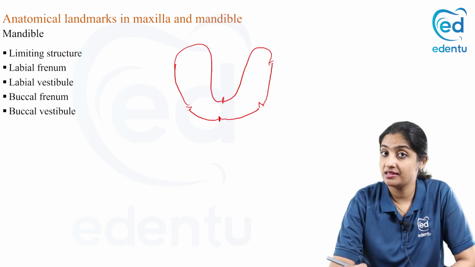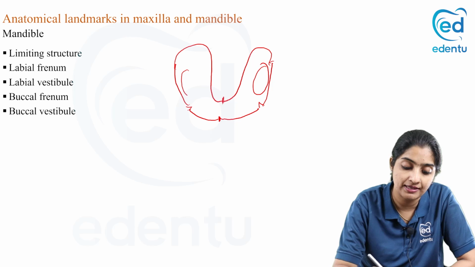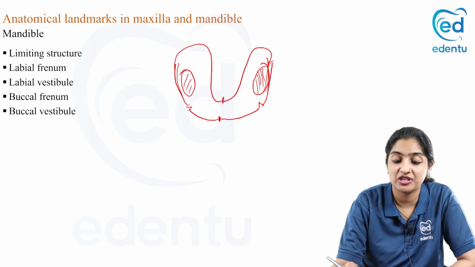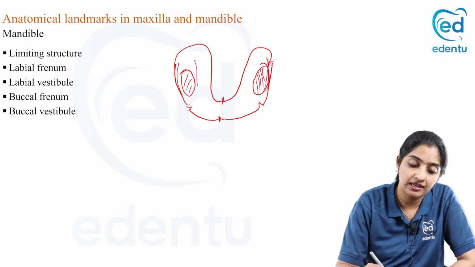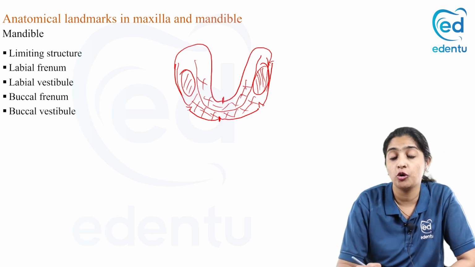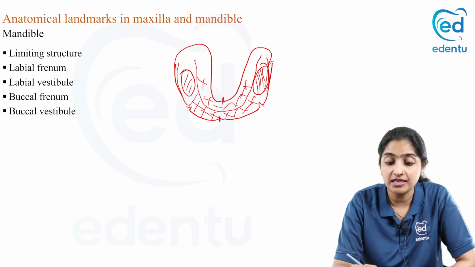The primary stress bearing area in the supporting structures is your buccal shelf area on either side. Here is your external oblique ridge. This is your buccal shelf area, which is a primary stress bearing area. If this is the crest of the ridge, then the slopes will be your secondary stress bearing area. Okay. In the mandible, the slopes are the secondary stress bearing area and the genial tubercles and the crest are the